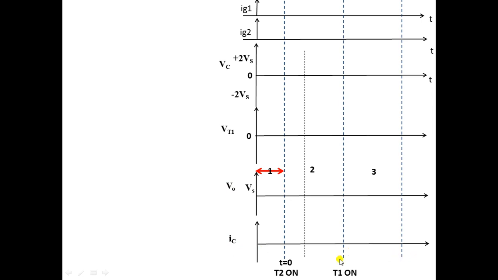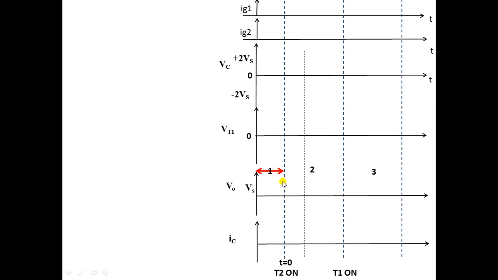Okay. Now I said the operation of this parallel inverter is divided into 3 modes. So from here to here is mode 1, from here to here we will see mode 2, and from here to here is mode 3. Now what we have understood just now in the circuit is only mode 1. So this is marked here as mode 1, from here till this instant. Now this instant is t equal to 0. So this is our mode 1.